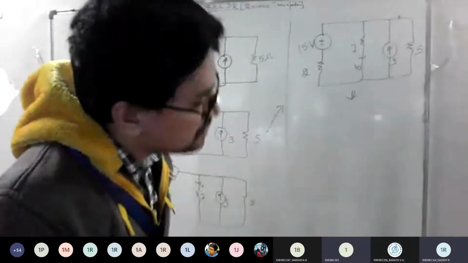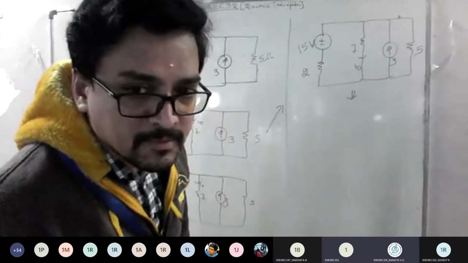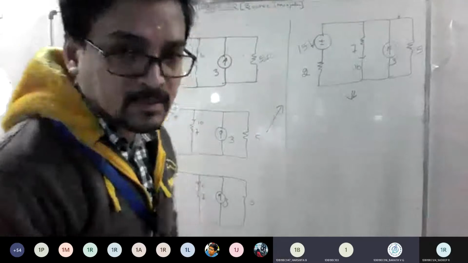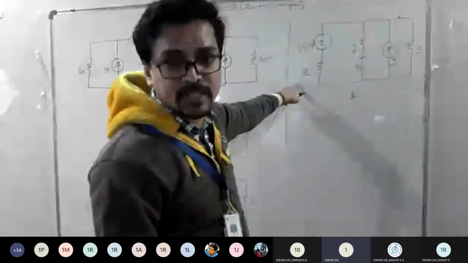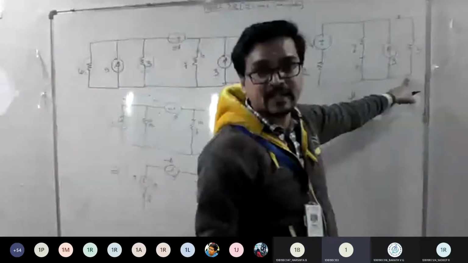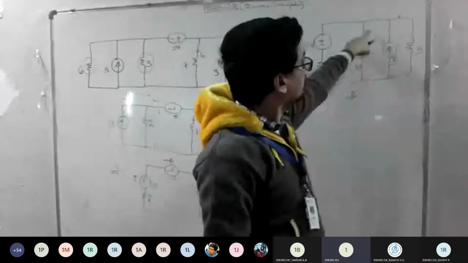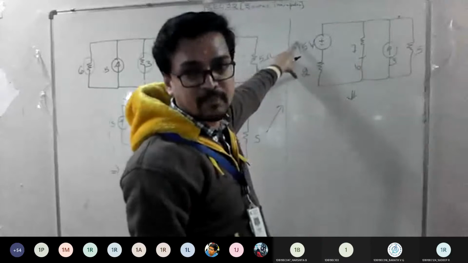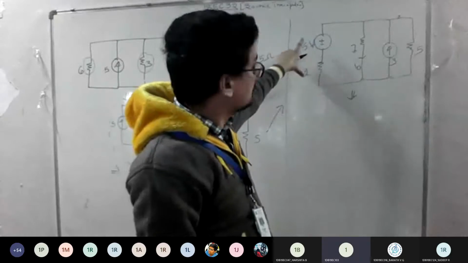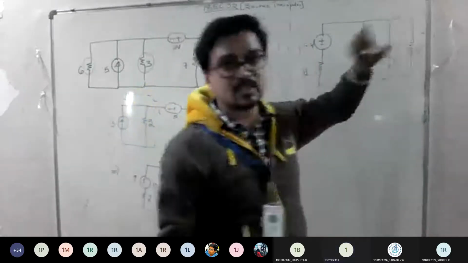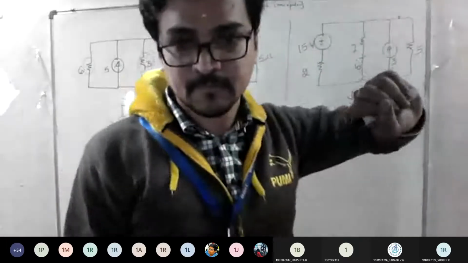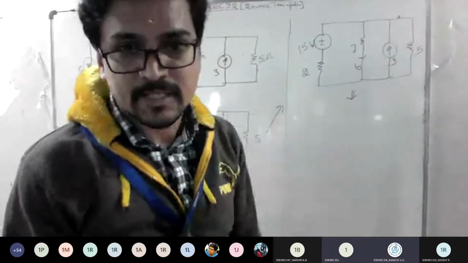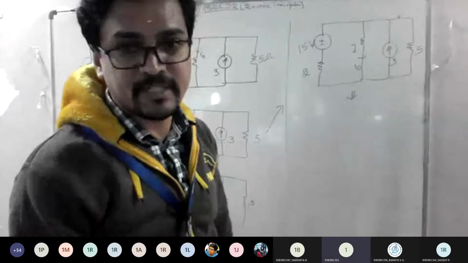What will you do now? We will now convert 15 volts into current, sir. See, one practical voltage source is there and one practical current source is there. So I told you should not do anything for this 7 ohm. It means, if I convert this practical voltage source to a current source, this current source becomes one? Yes or no? That is the only possibility, right?